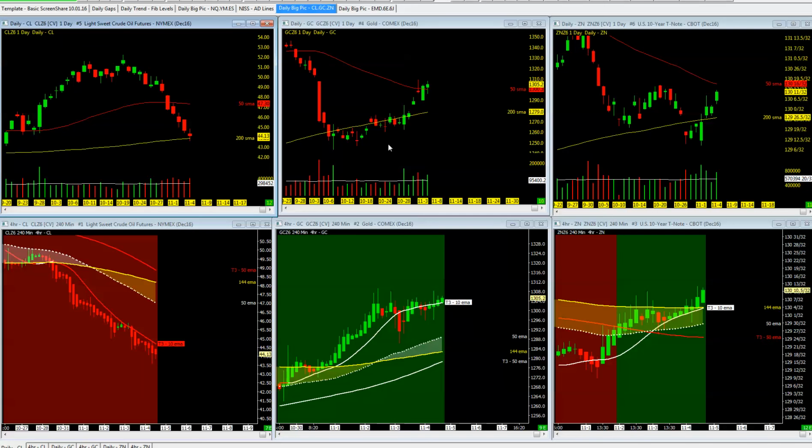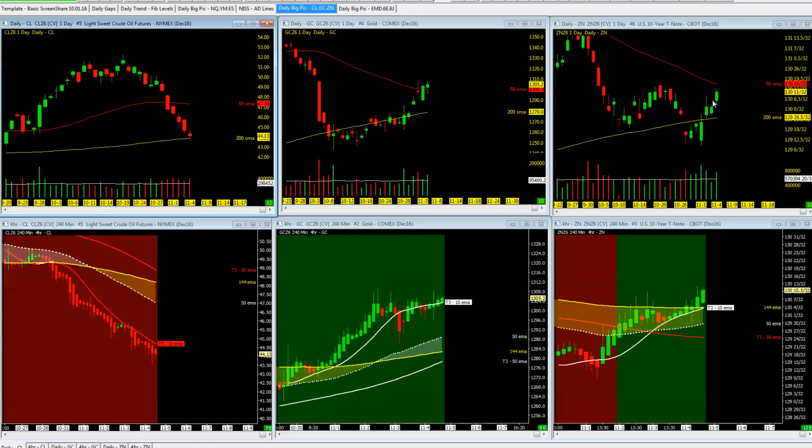Taking a look at the gold, gold pretty much finished sideways today. Again, a little bit of consolidation as we head into next week. 200 period moving average, 50 MA, holding in a very small gap. Again, 50 above the 144 here on the 4-hour chart. So I've got to still stick with the uptrend on the gold. Any retest on a pullback will come down to the 50 or the 144. Anything upside, obviously, will be any intraday levels that we watch.